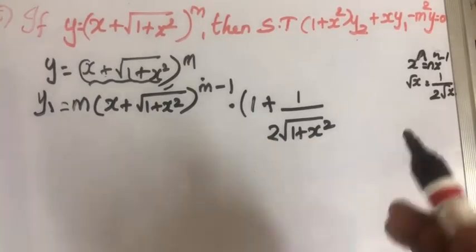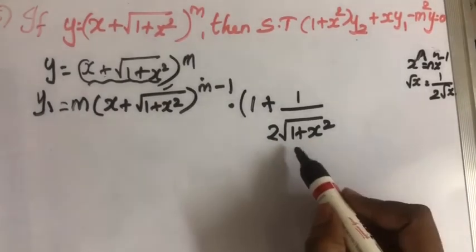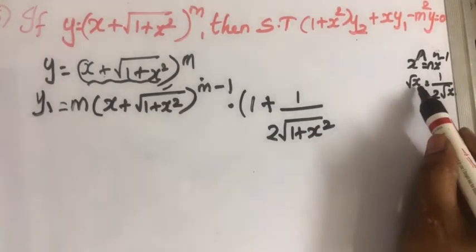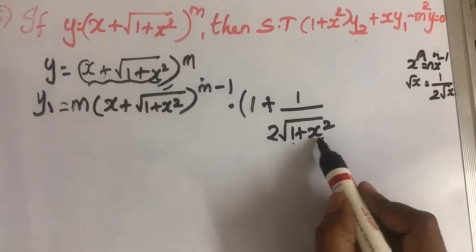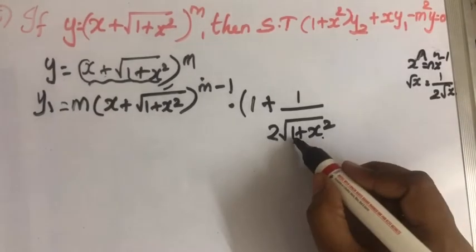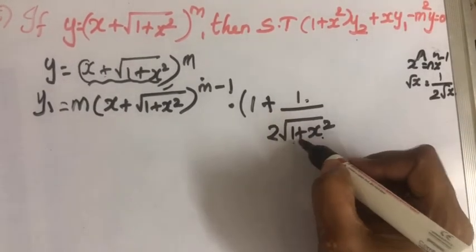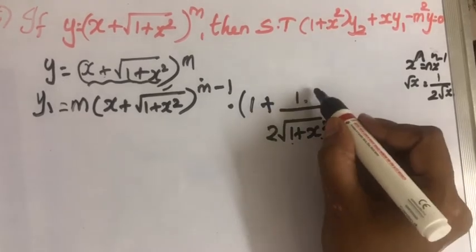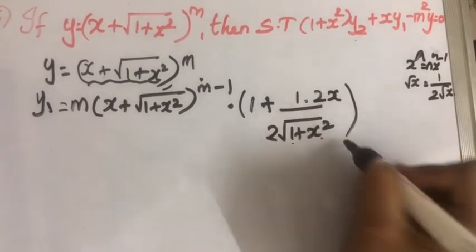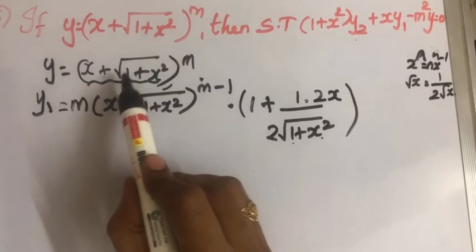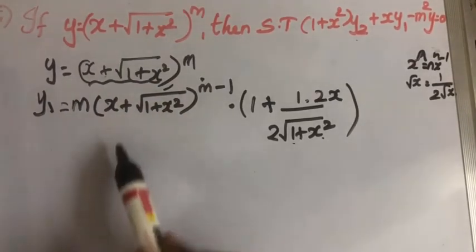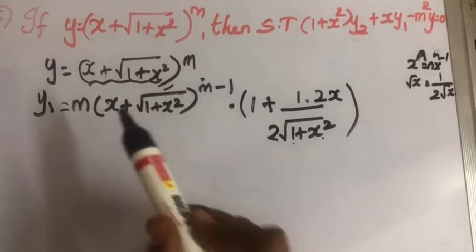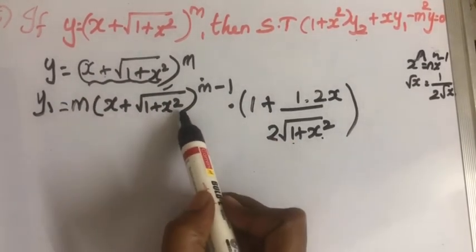Now again we need to differentiate, because in this we don't have x alone. We have the expression 1 plus x square, so we need to differentiate this. While differentiating 1 you get 0, while differentiating x square you get 2x. Can you understand? First, for x power m, the differentiation is m into x power m minus 1. That part is over. Now we need to differentiate this center function.